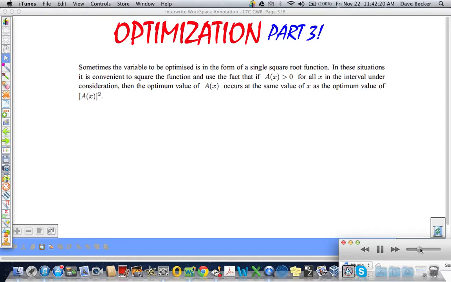And the Dream Police, they live inside of my head because I am dreaming about the calculus. Optimization part 3, the third example. Very important